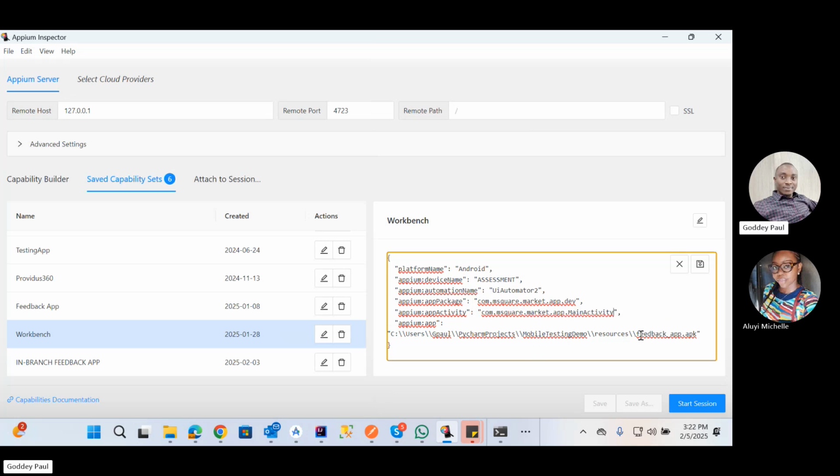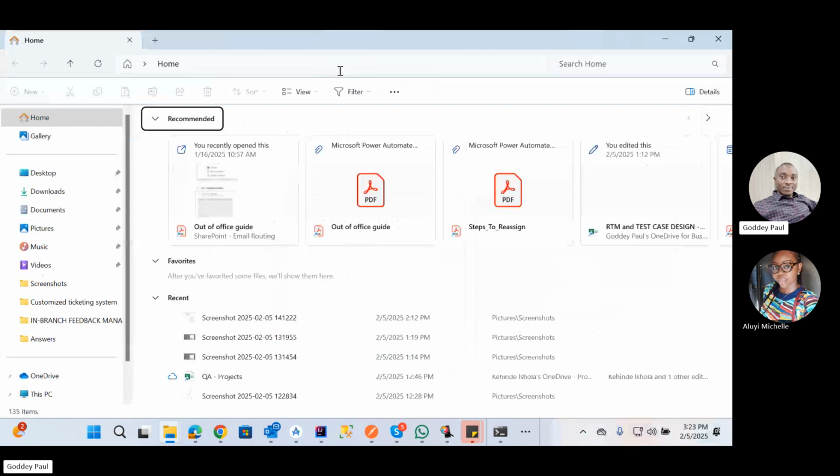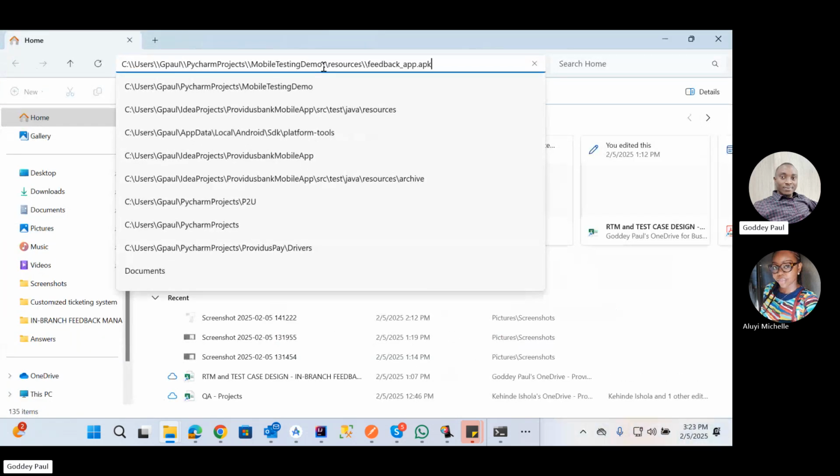Now, I have to make sure that that app is accessible on this link here. Let's find out. If I do this, let's go and see if it's present there. So no matter where the app is located, you need to